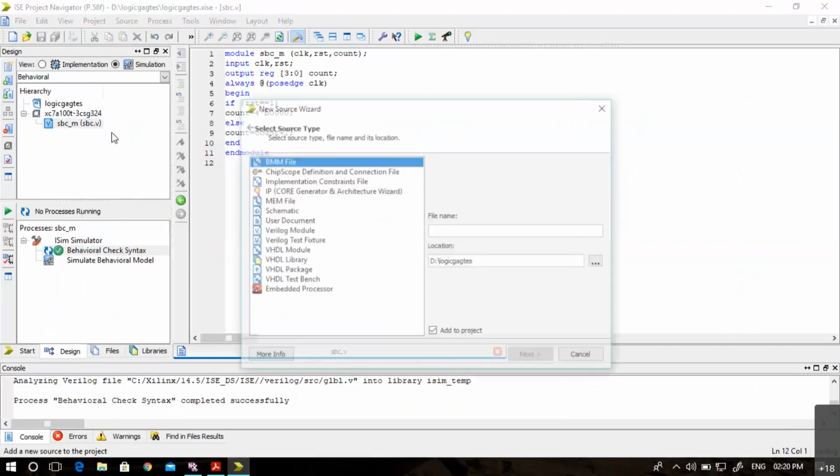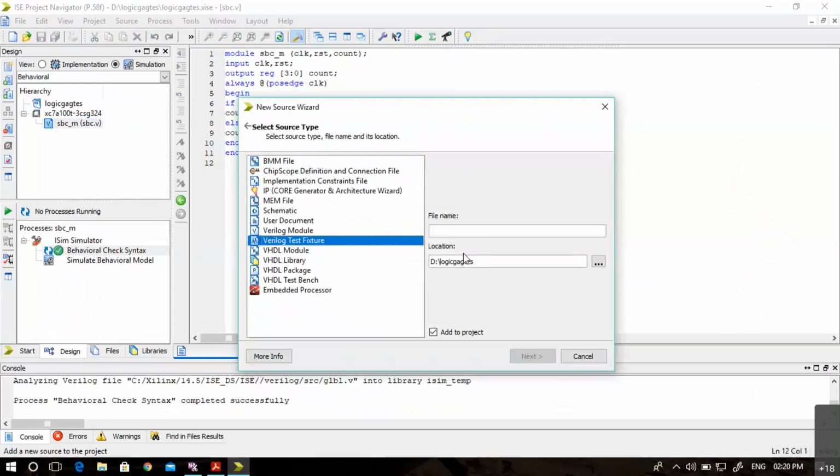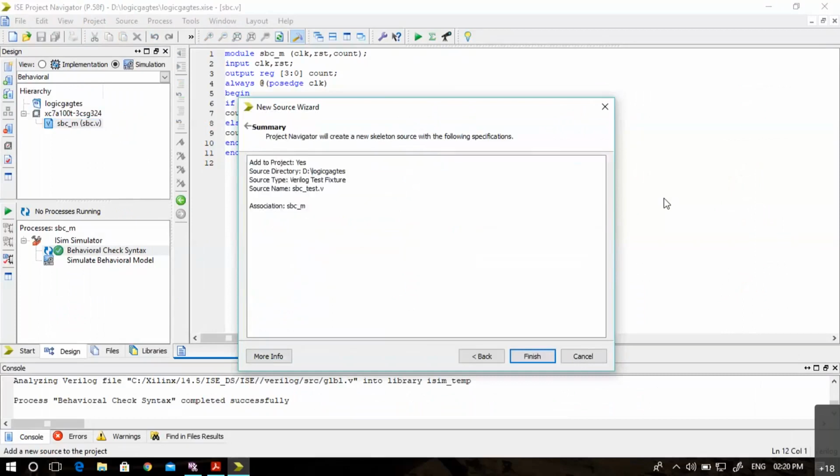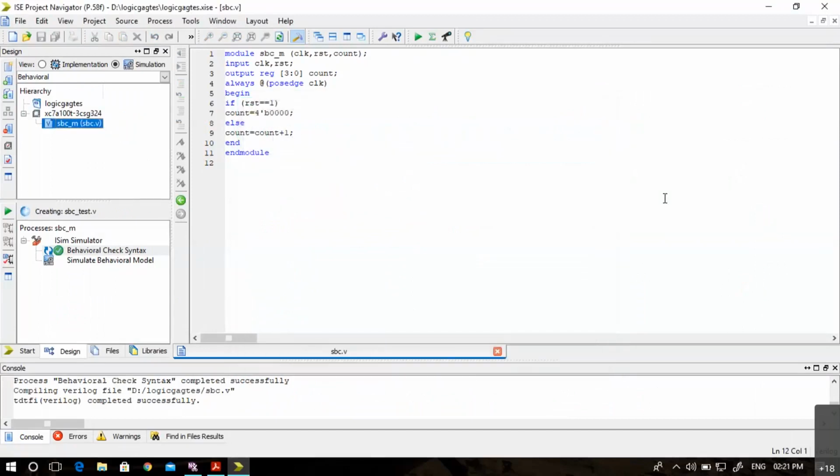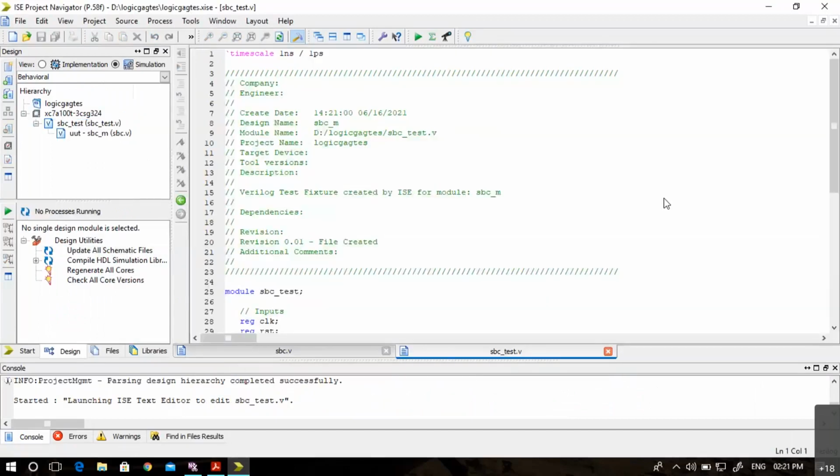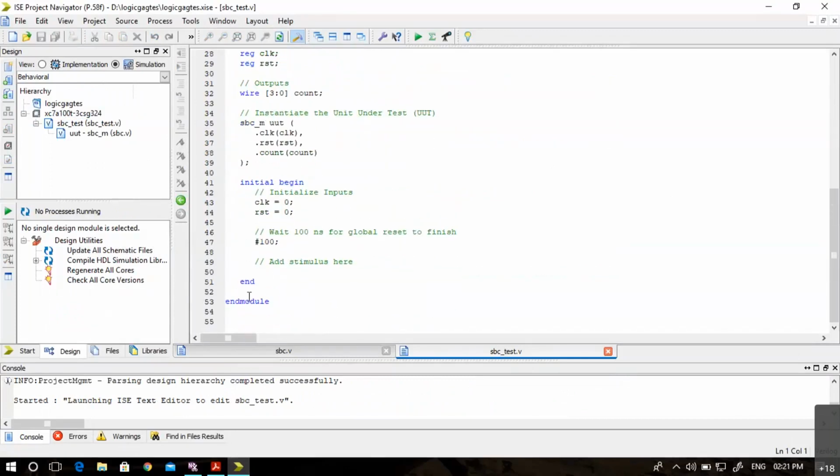New source, Verilog test fixture. Let me call it SBC underscore test.v. So it has created a test bench where now we have to add stimuli.